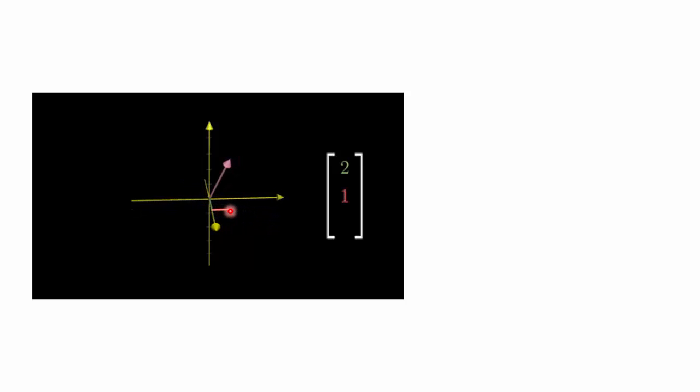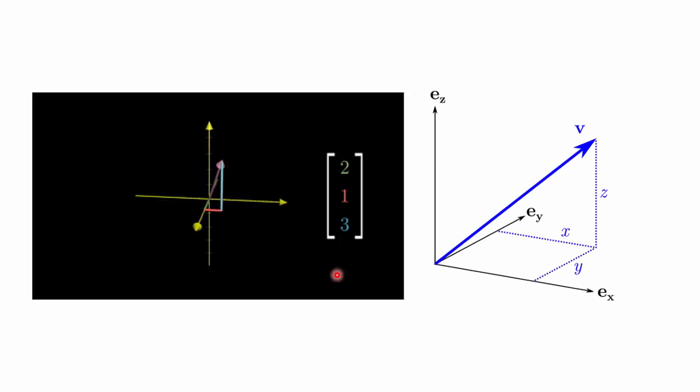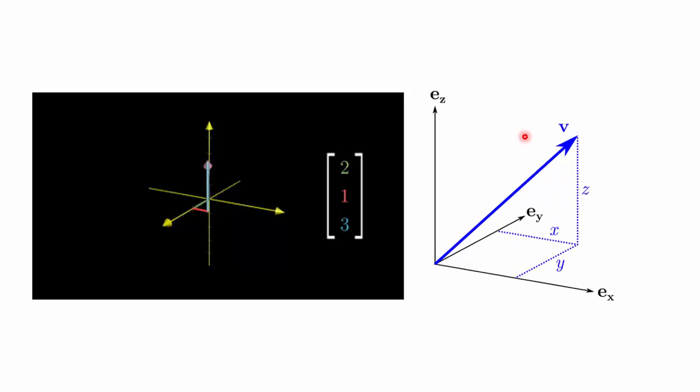This is the 1, which is the y coordinate, in pink, and this is the blue one, which is the z coordinate 3. So this point (2, 1, 3) represents a coordinate in 3-dimensional space. If I want to write this in x, y, z, so if v is a vector, it can